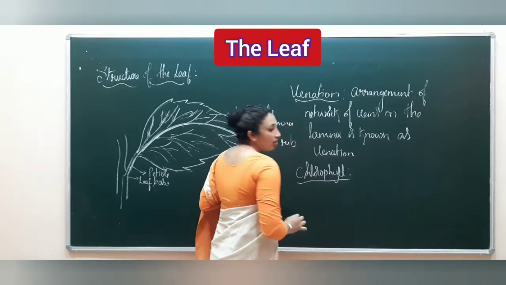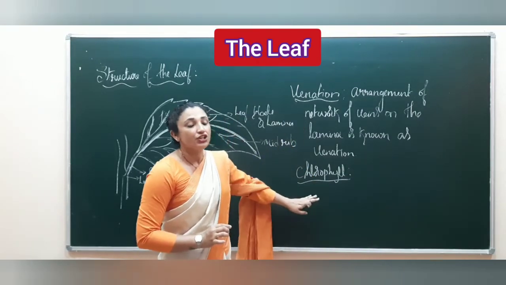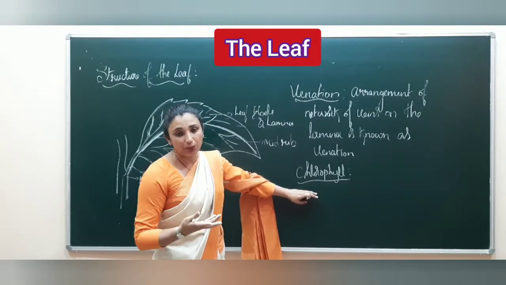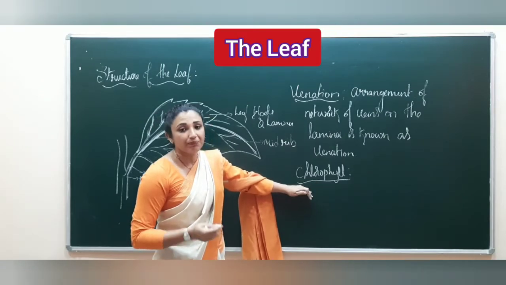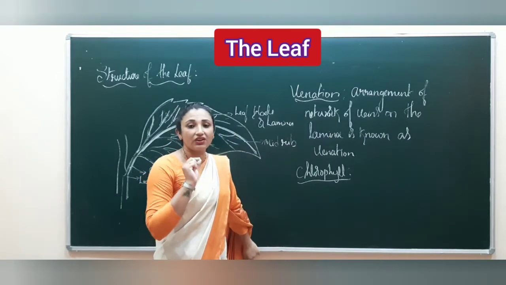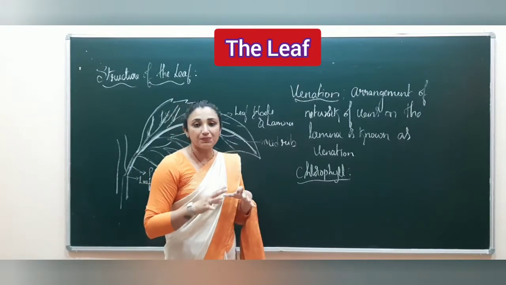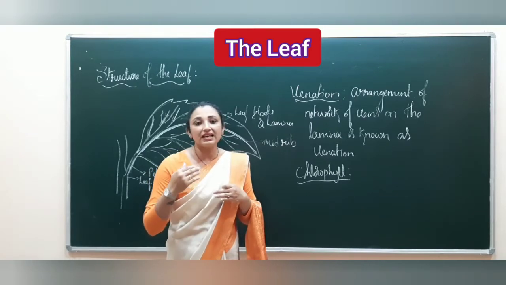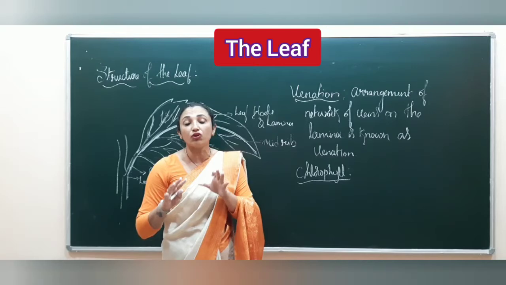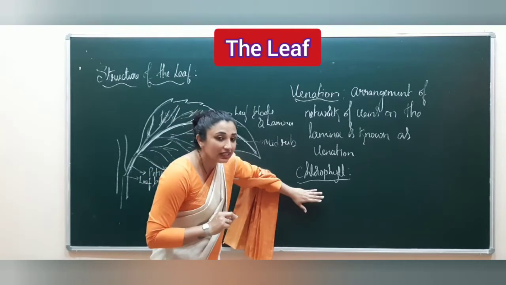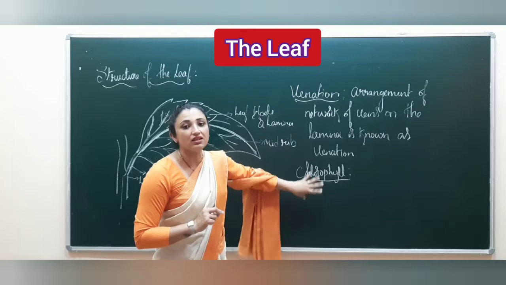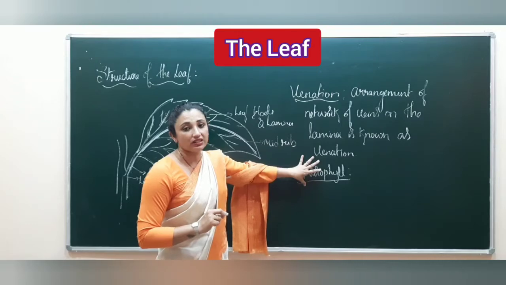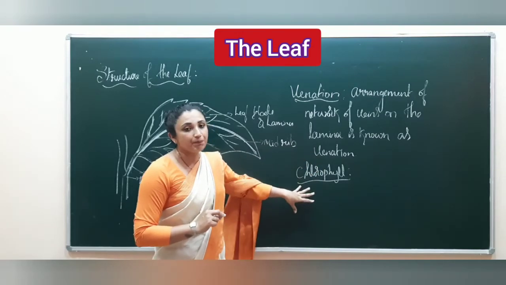The leaves will be green in color due to the presence of a coloring pigment, that is the green color giving pigment known as chlorophyll. Chlorophyll not only gives green color to the leaf but also helps in trapping sunlight. You all know that sunlight is very important for the process of photosynthesis. So, the green pigment, chlorophyll, present in the leaf helps in trapping the sunlight, and if this pigment is not there, then the sunlight will not be trapped by the leaf.